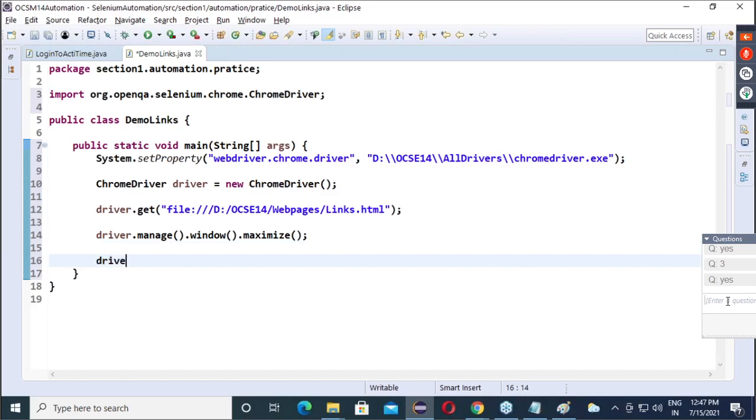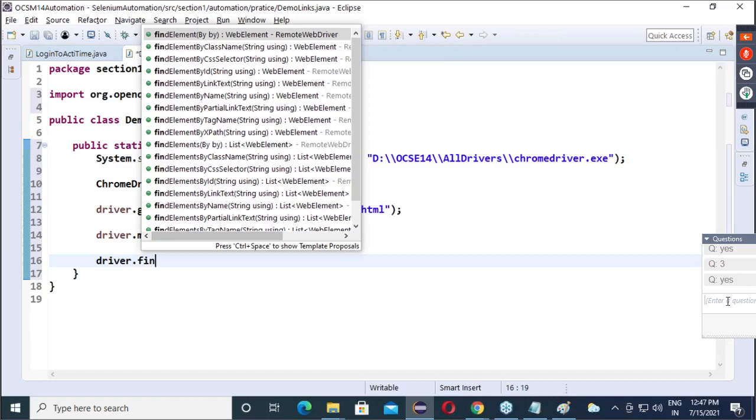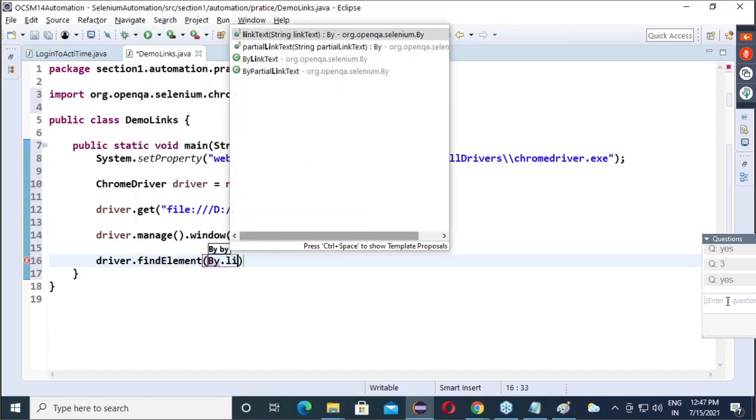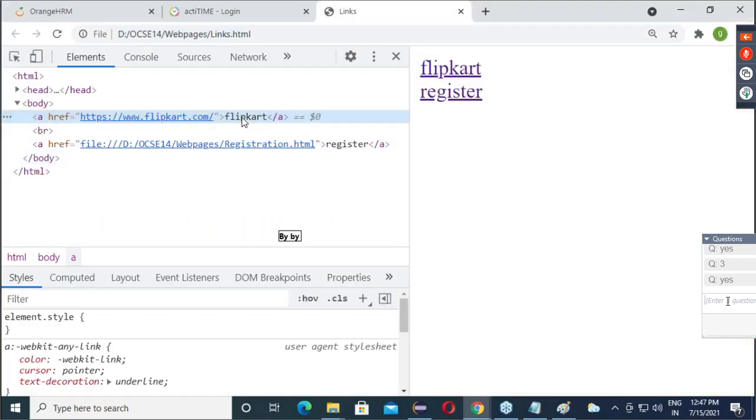Driver dot find element by dot link text here. Now guys, we have to give what? The visible text of the link. That is nothing but Flipkart.